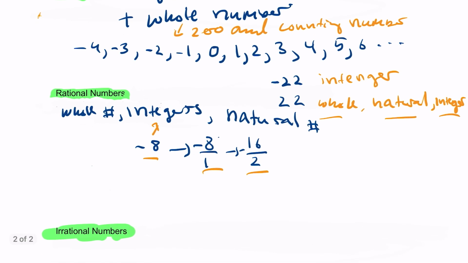So basically that's how rational numbers look. It has to be able to be turned into a fraction. If you take that fraction and put it in decimal and get a number with a terminal end, like 0.25, that does not keep going, then that number is a rational number. If you get something with repeating numbers, for example 0.256256256, then that number is a rational number.